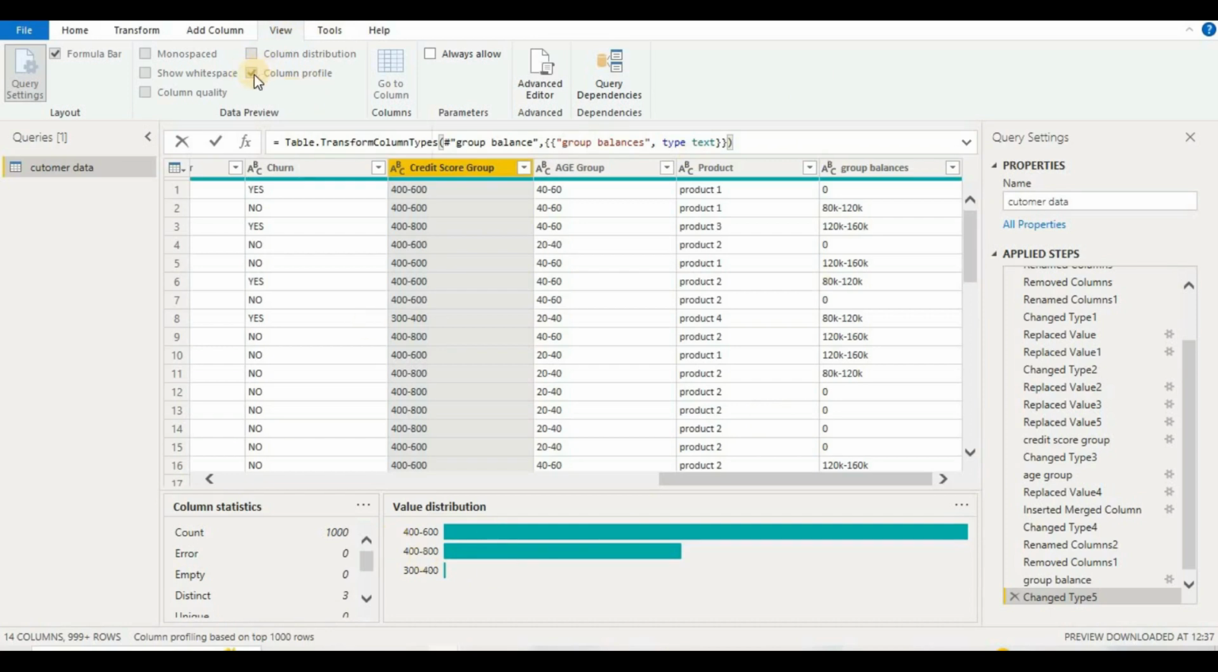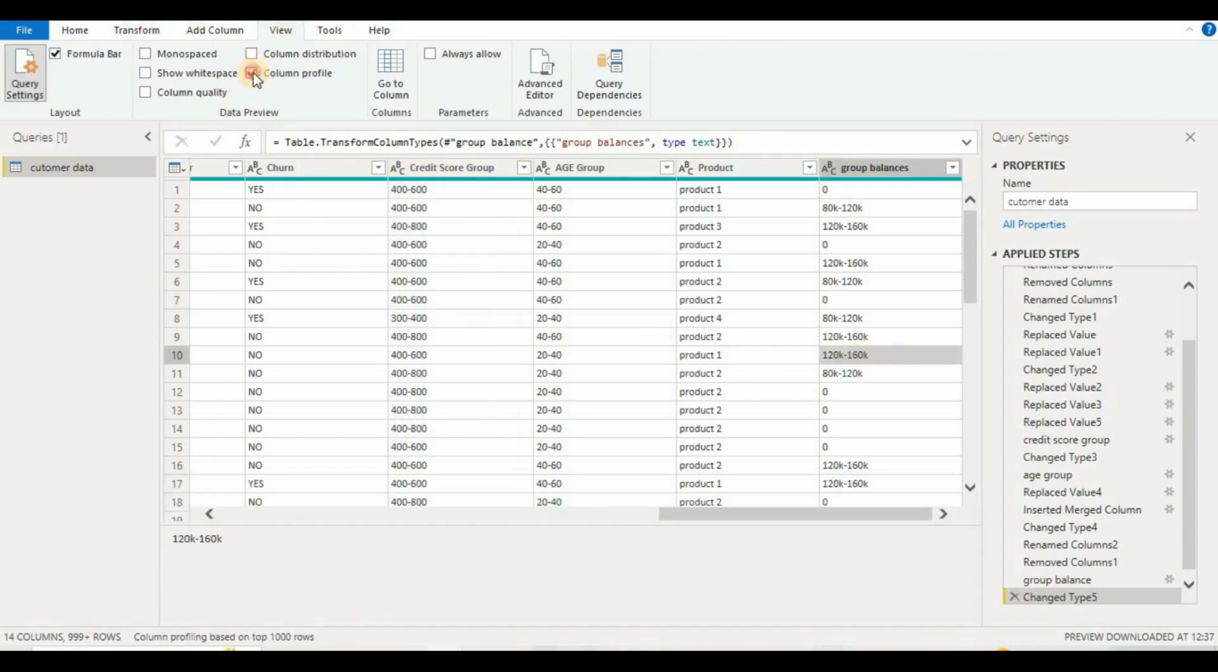So I will just remove this. Okay, there's some problem here, so I will just click there and click somewhere in between and remove this column profiling. Now